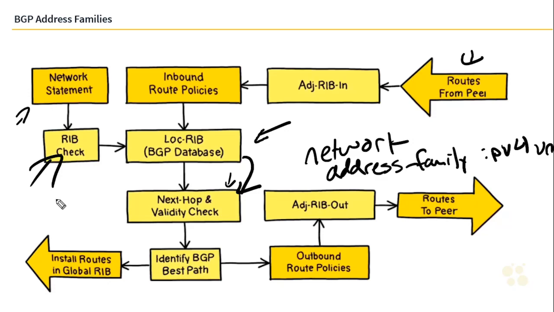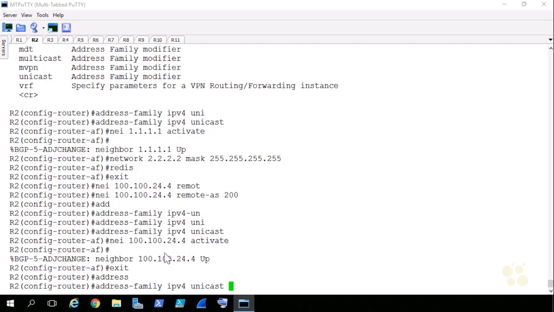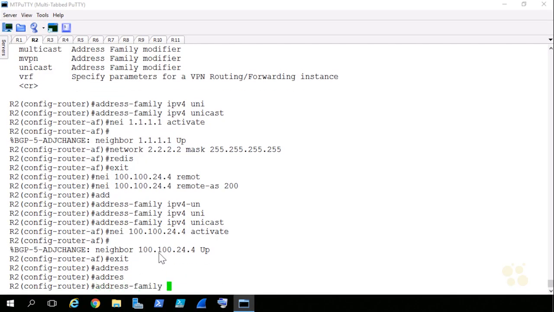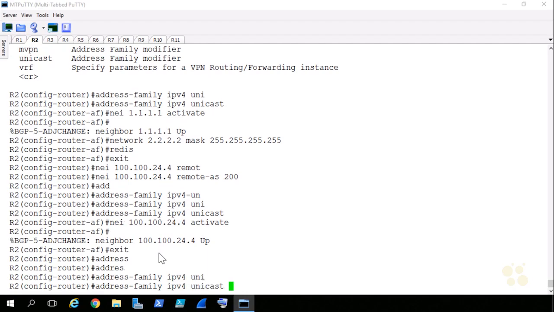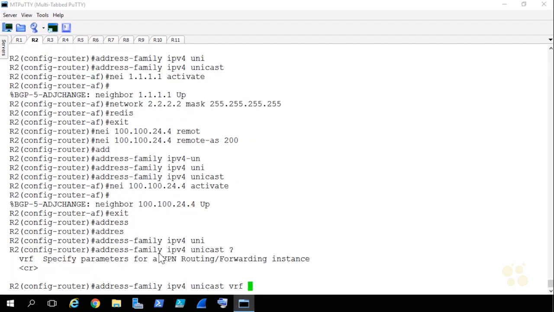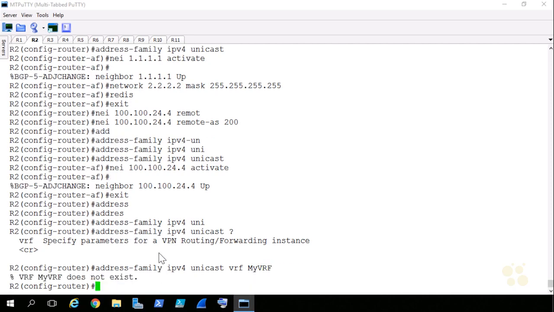So if I wanted to share routes that I've learned or redistribute routes that I've learned from a VRF, jumping back to the virtual lab, I would have to specify address family IPv4 unicast, then you can specify the specific VRF here. I'll just put my VRF. Now, I don't have a VRF there. It tells you my VRF doesn't exist,